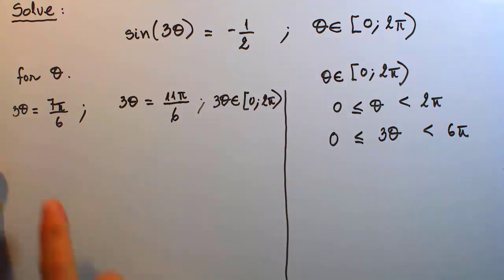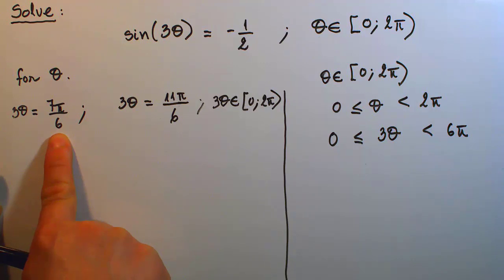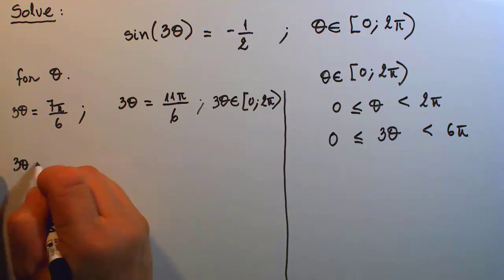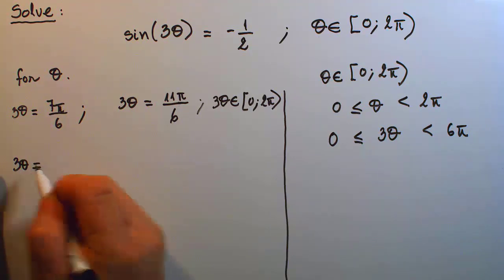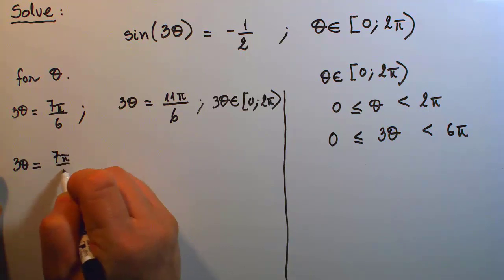And so the next step I'm doing now is that 7 pi over 6 is simply being added with a 2 pi rotation. So 3 theta can also equal 7 pi over 6 plus